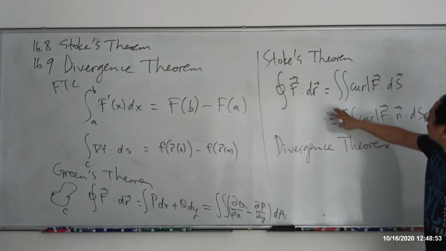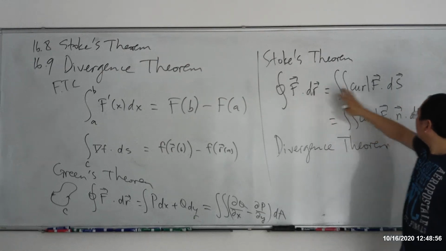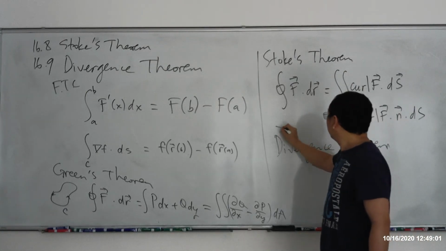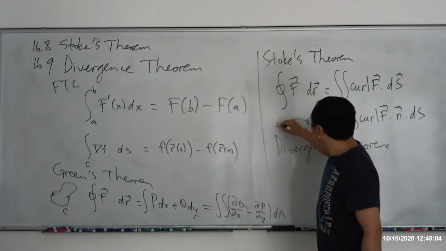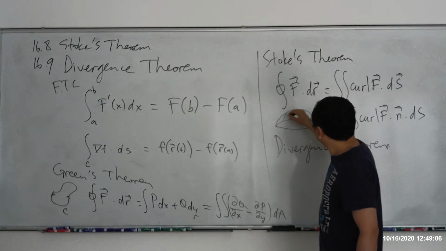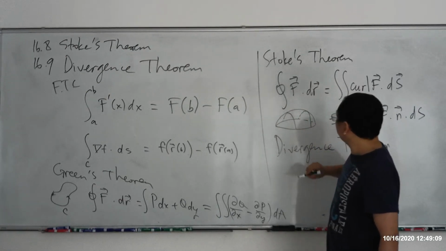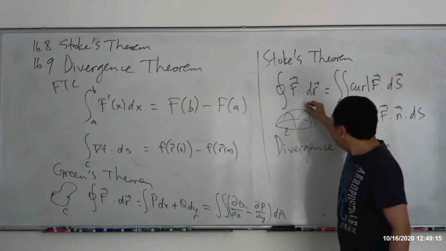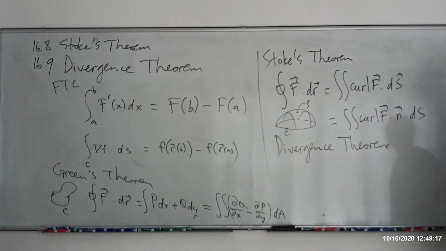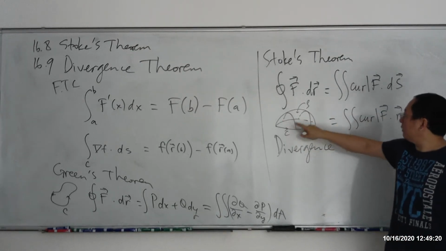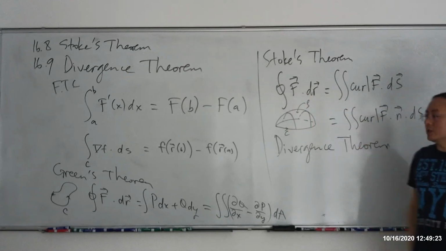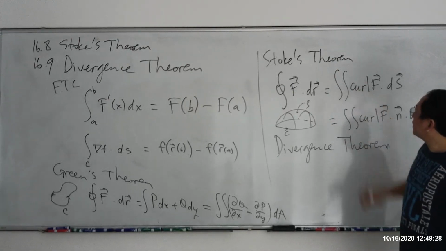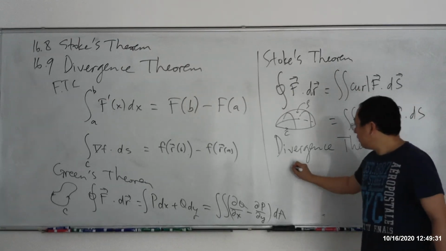So Stokes' theorem converts from a line integral into a double integral. The condition for Stokes' theorem says you have a closed curve that encloses a surface. This is the surface that you enclose. This is the curve C right here, and this is the surface S that you have. Instead of integrating along the curve, now you can integrate on the region enclosed by the curve. And the divergence theorem is going to convert from a surface integral to a triple integral. So the double integral